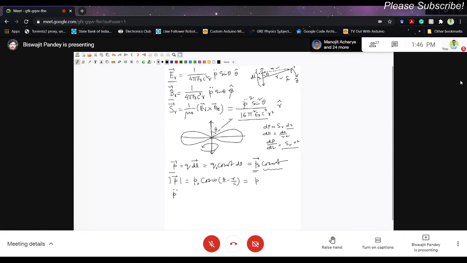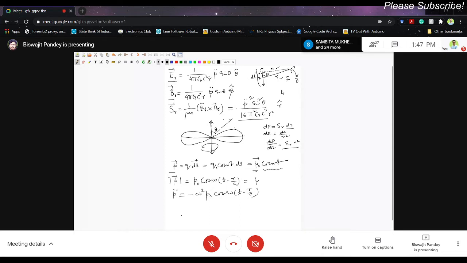There's only one time dependent term here, right? The cos. So basically, we have a double derivative, right? So cos becomes sine, and then sine becomes cos. So there will be one negative sign from that derivative, and since there is omega t here, cos becomes sine, sine becomes cos. So finally you have a cos, and there will be two omegas, so omega into omega is omega square times p0 cos of omega t minus r by c.